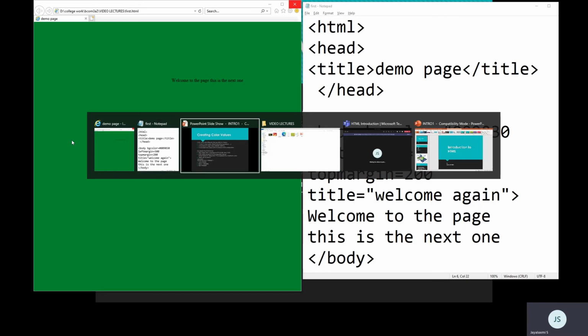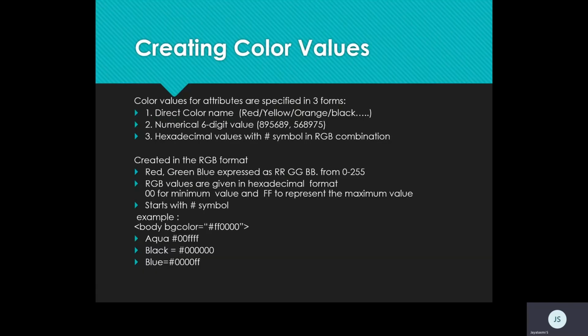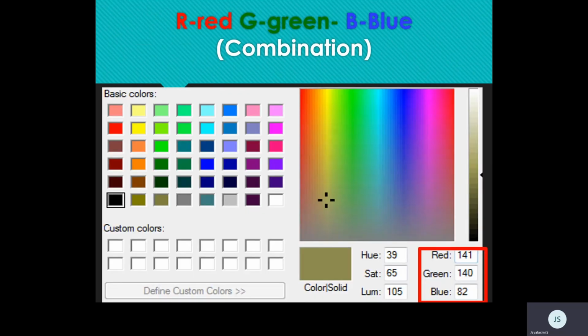So colors in HTML can be implemented in 3 forms. One is direct color name, 2 is numerical color value, or a hexadecimal color value. Remember, a hexadecimal value is given with a hash symbol with a combination of RGB. Minimum is 0 and maximum 255 values, that is numerical combinations can be given.